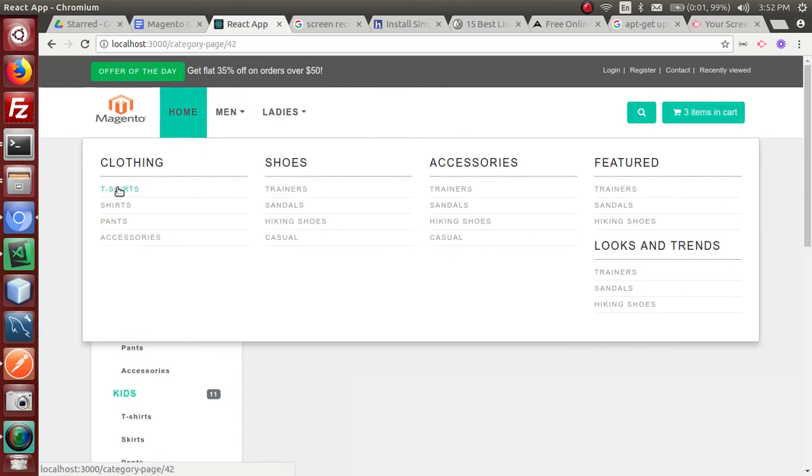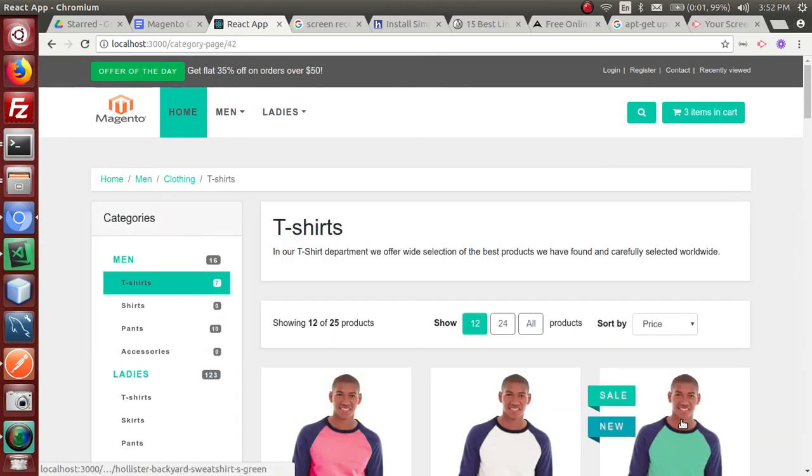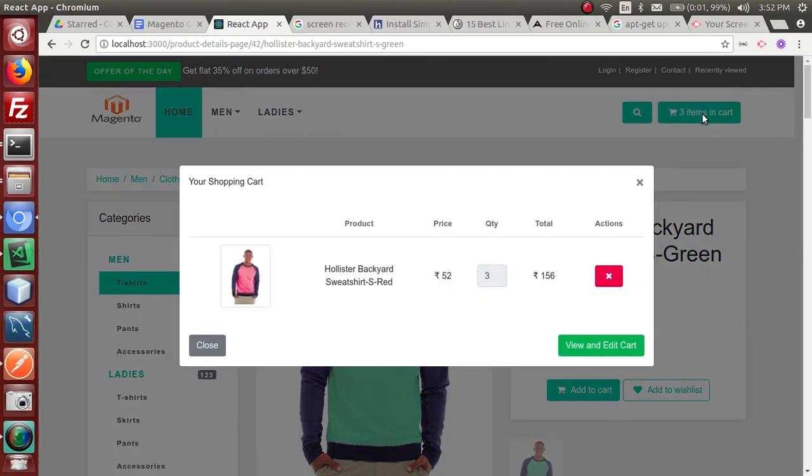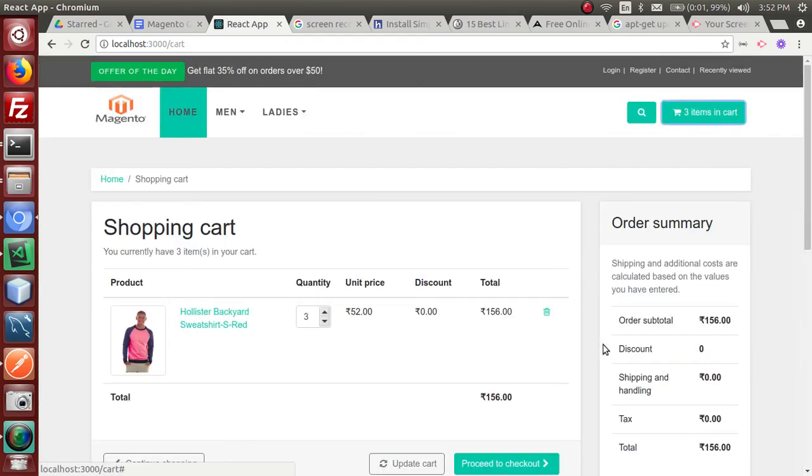For example, on the product detail page, once we click on this add to cart button, I am calling the add to cart GraphQL API, and I am adding that product into the cart, and here I am retrieving the cart items and just displaying those details. Once you are deleting and updating, there are 2 separate GraphQL mutations, so we can use those, which are Magento out of the box.